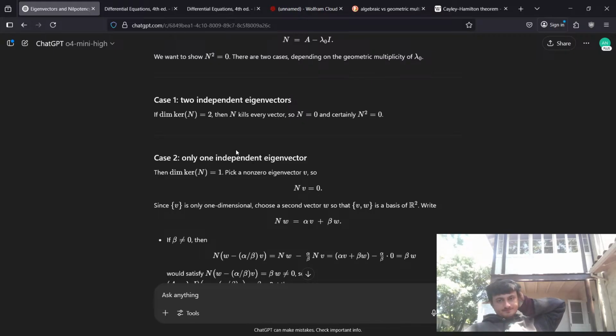Choose W, so V, W is a basis. Now we write NW is going to be equal to, right, so they're independent. So we can write any